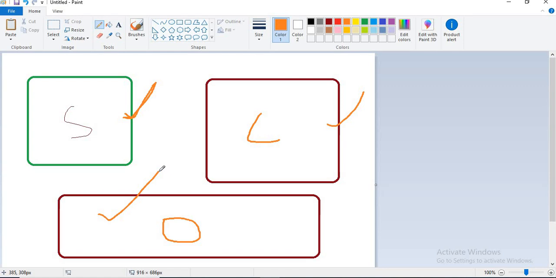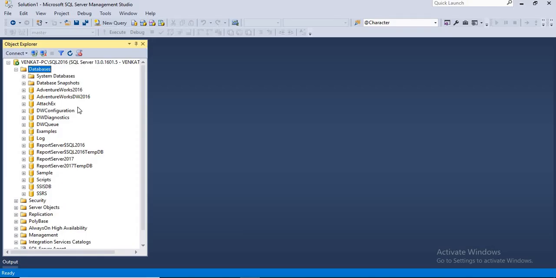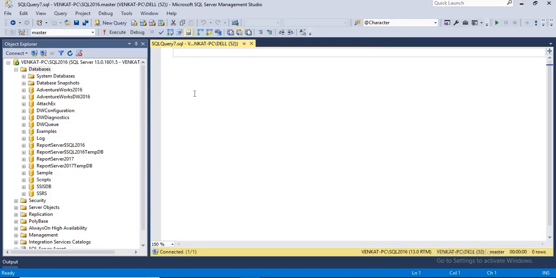By default, you get some schemas from SQL Server Management Studio itself. Along with that, you can create user-defined schemas based on your requirement, and you can assign the owner to that particular schema. First of all, can I see how many schemas are there in a particular database? Yes, you can. Let's go to a new query and see the default schemas in the master database.